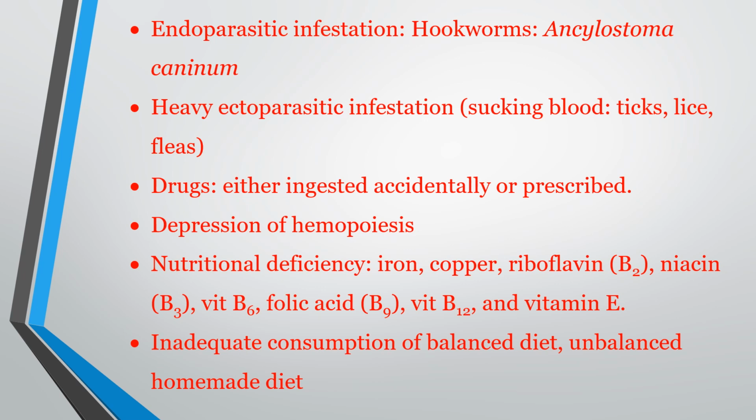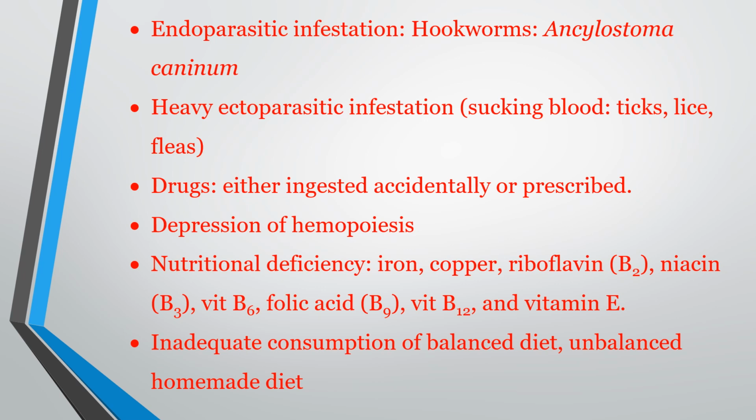Two ways. One, the Ancylostoma sucks the blood. They are voracious blood suckers. Second thing, after sucking blood, they detach from the intestine, and at the point of sucking there is continuous bleeding, even after detachment. That also causes a great loss. And Ancylostoma, the hookworm, is an important parasite.